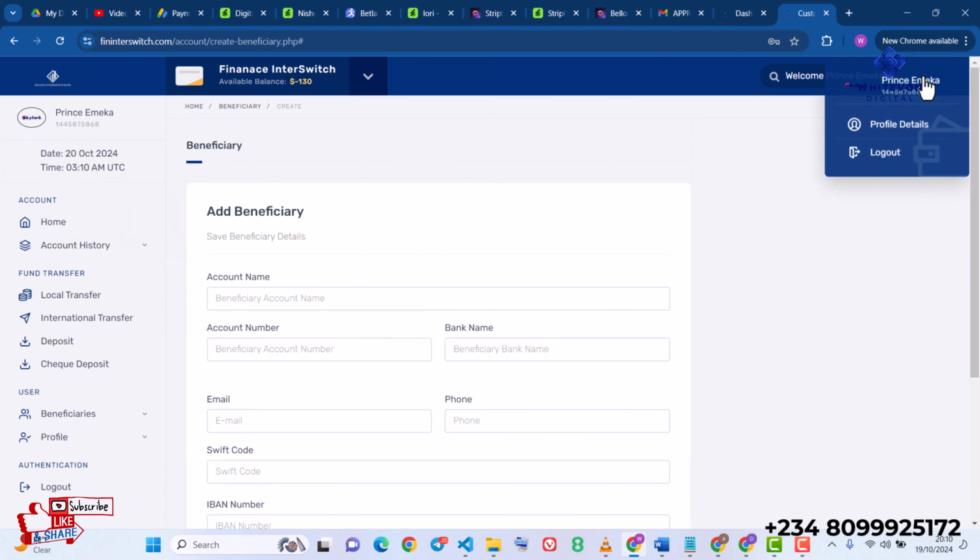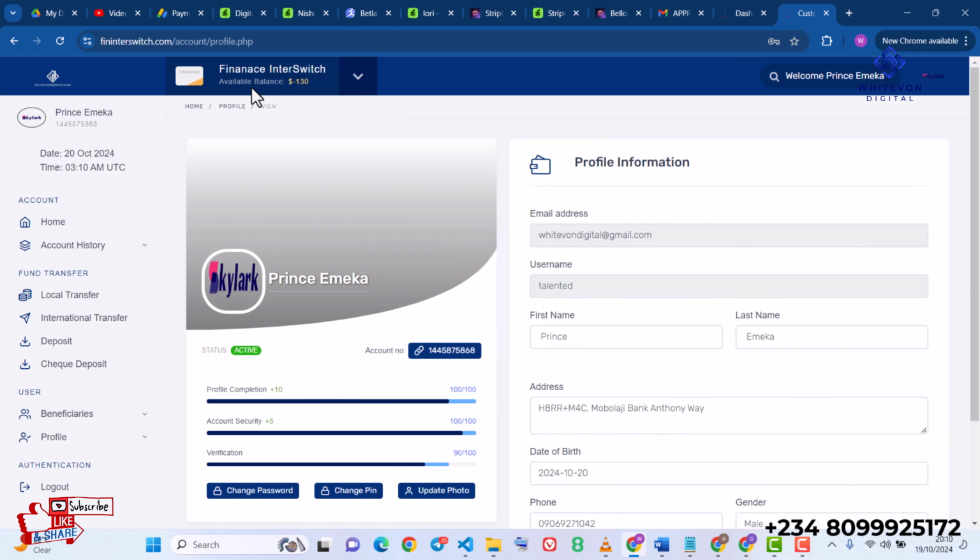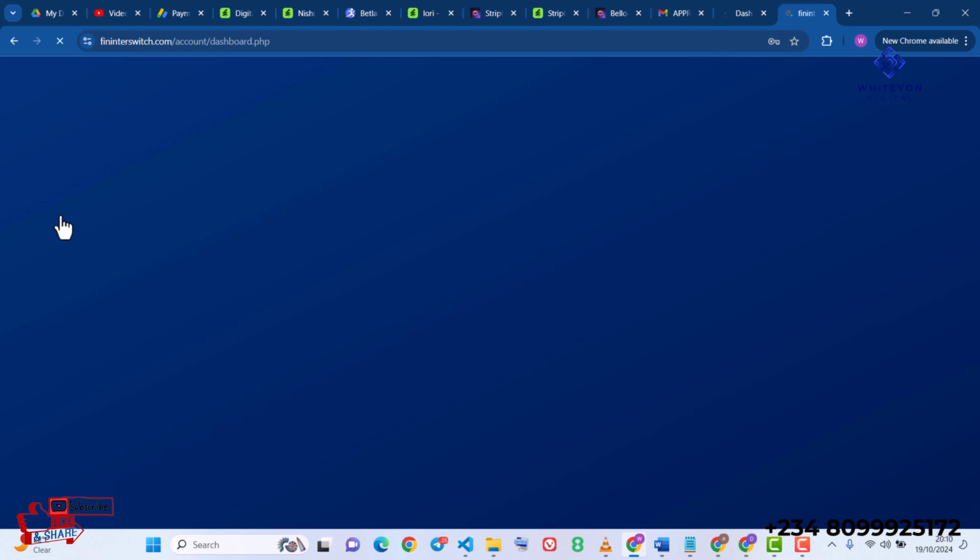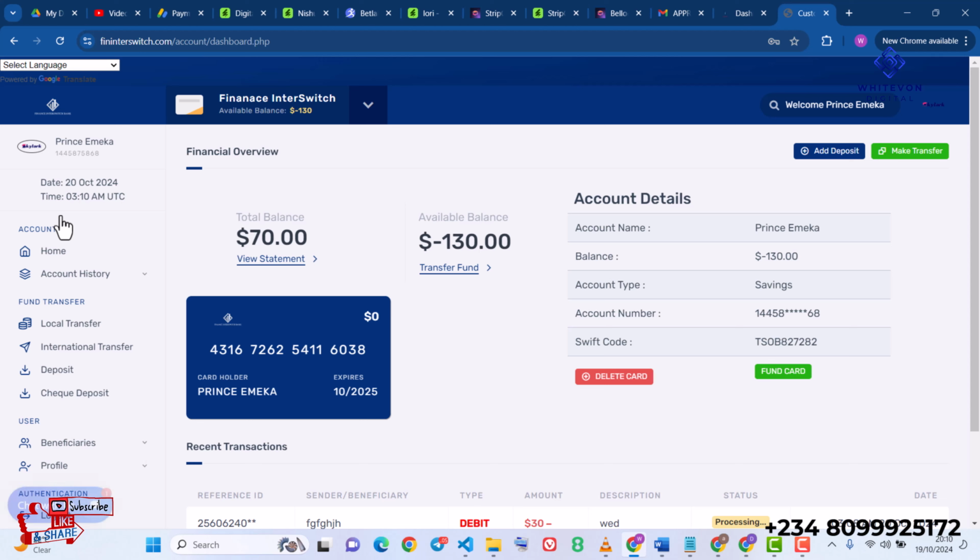the logout, and over here we have the profile details, and right here we have the available balance, and we go back to the home, which is the user's dashboard, where we have the total balance, which is the available balance that can be spent, and so on. And we can just come over here and then delete a card. So guys, this is basically how the user's interface works, well, we've spent a lot of time on the user's interface,